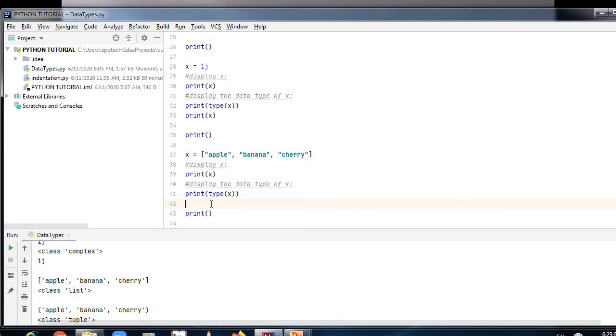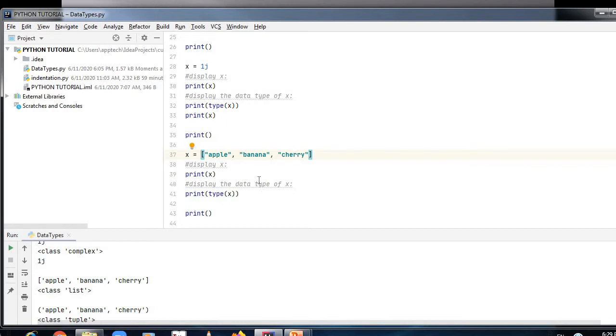You can see each element, apple, banana and cherry, is called an item, just as strings are defined as characters between quotes. So you can see all the strings are written between quotes. Lists are defined by having values between square brackets. You can see over here it is not parentheses, it's square brackets. So in a list, square brackets are used.